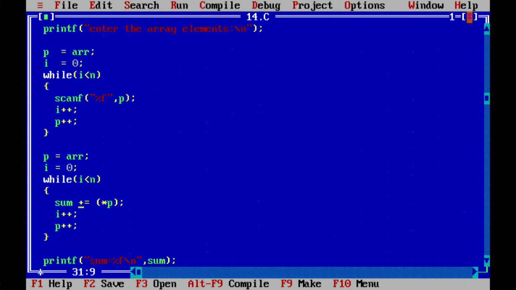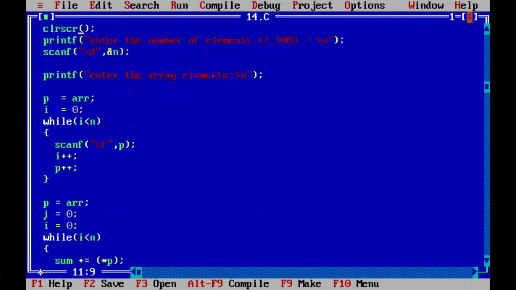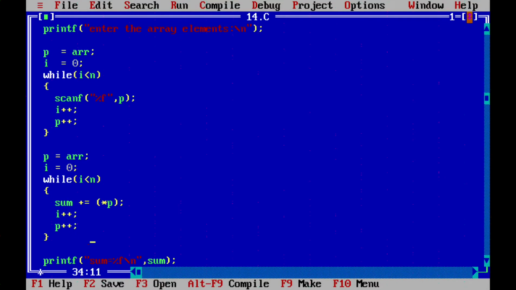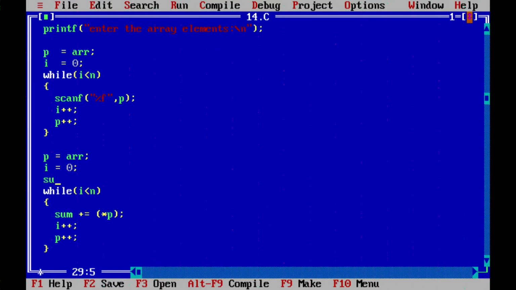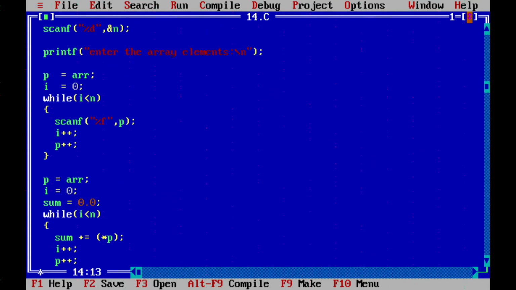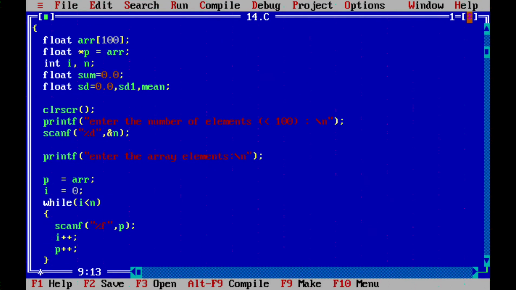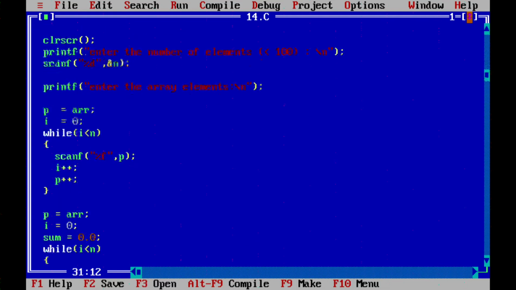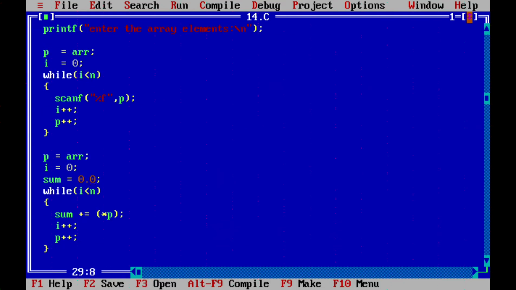Okay, the sum, again, I recommend that you should always reinitialize before the loop, because it's always better. So I would again do sum is equal to 0.0. If the instructor or your faculty says why are you initializing twice, just remove it here, we don't need it. Wherever there is a context, you need to initialize. So now you know it is not getting some garbage, it is starting with 0.